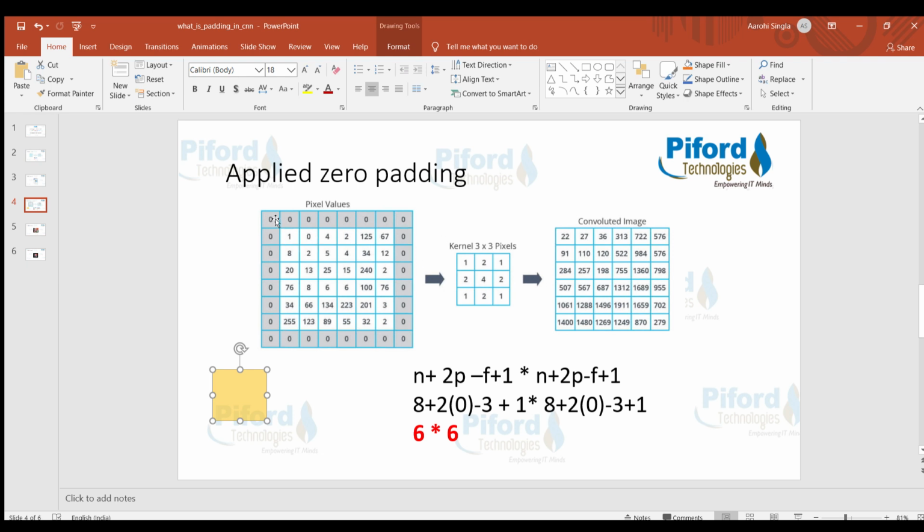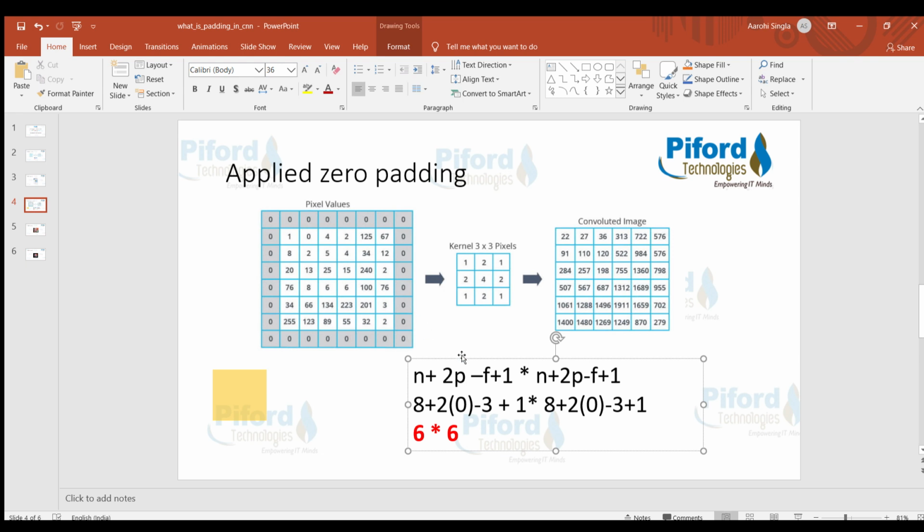Now this 6 by 6 image becomes an 8 by 8 image after applying zero padding. So n is 8 now because the picture size is 8 by 8. p means padding, so we are applying padding. This zero simply means we are applying padding same. There are different kinds of padding I'll discuss in the next few slides.